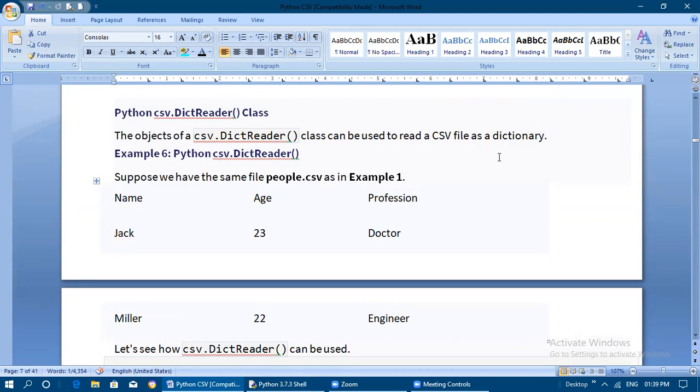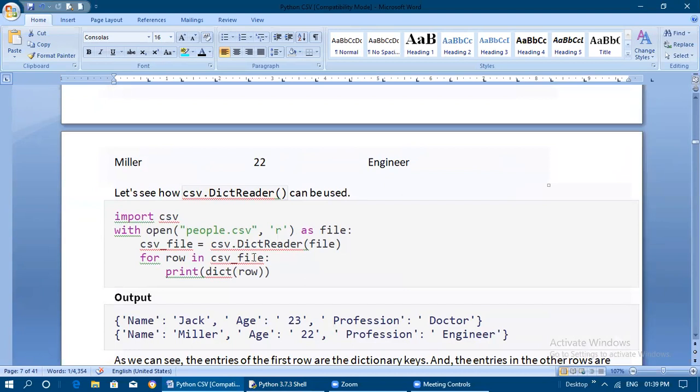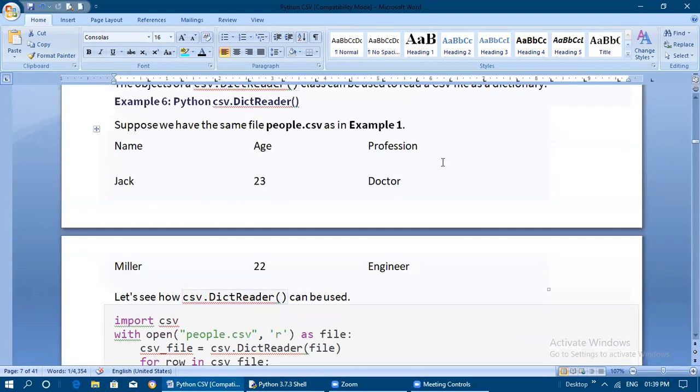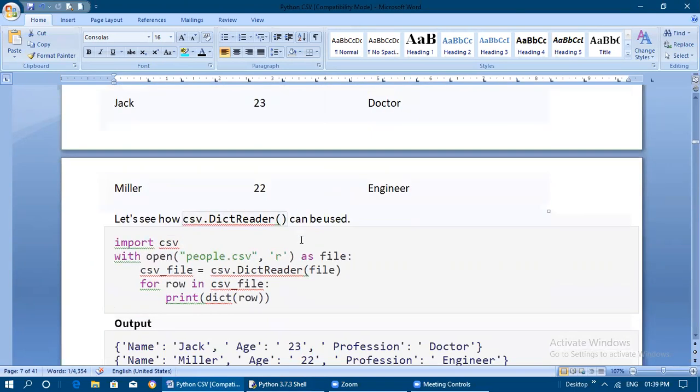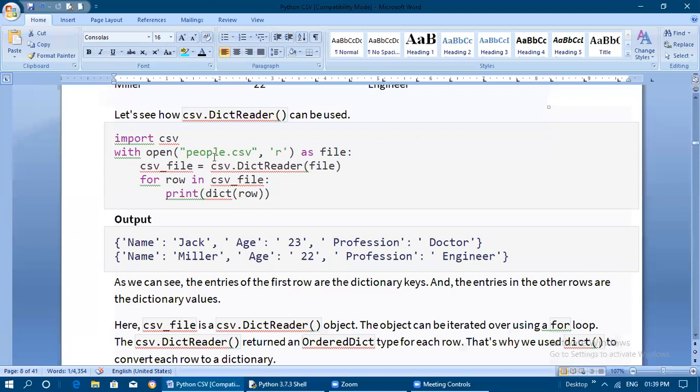We are going to see that with the help of DictReader and DictWriter also. We'll see an example for that. See here, this entire people.csv file is going to be read as a dictionary now. The same method: with open people.csv read as file, csv_file is equal to csv.DictReader(file).